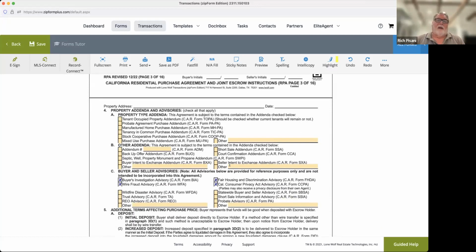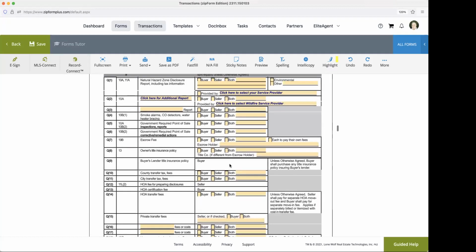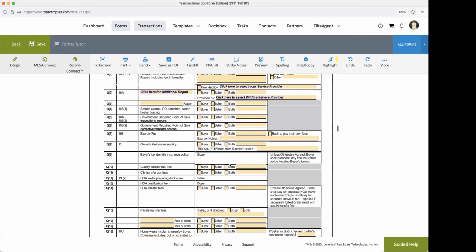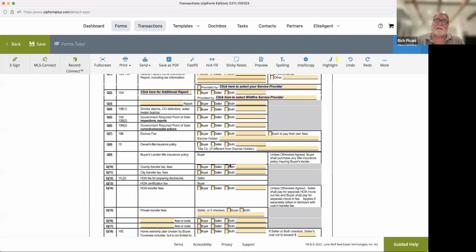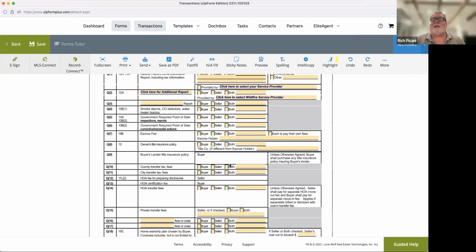Okay, so the addenda. Rich, I have a tenant question. Yeah, sure. Sorry to interrupt. You said don't put termite in there. That's understood for obvious reasons. Now, if the buyer says, I want to do a termite, I guess he can do it during his inspection, and then you can come back with the credit saying, listen, you're going to pay 10,000 for fumigation or not. Yes, absolutely. That's where it needs to go.